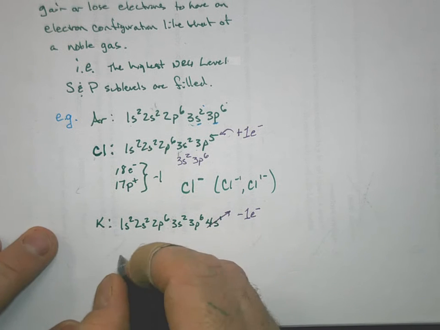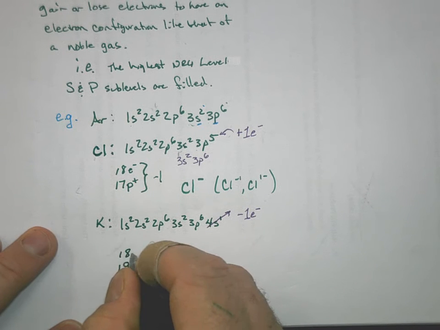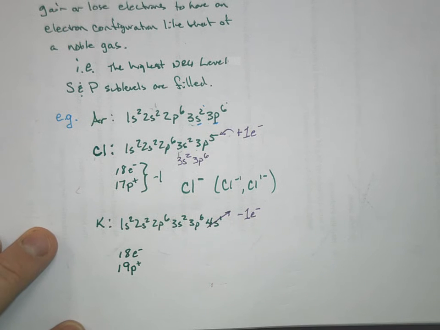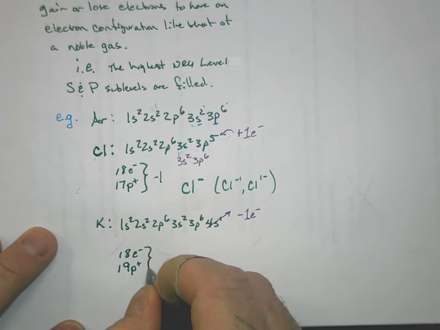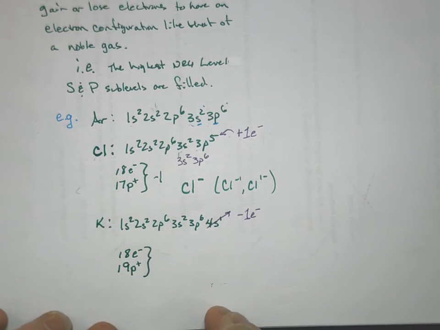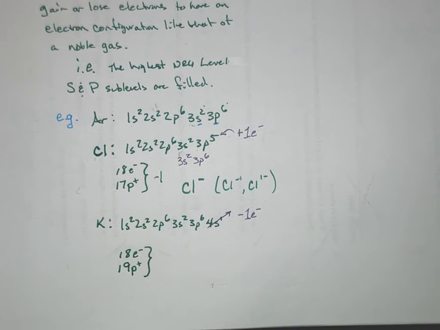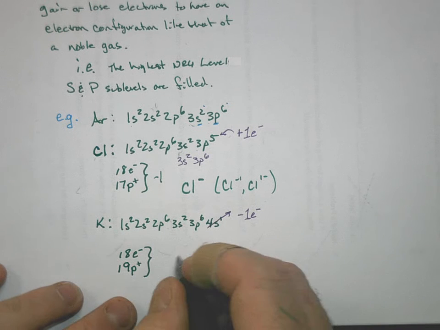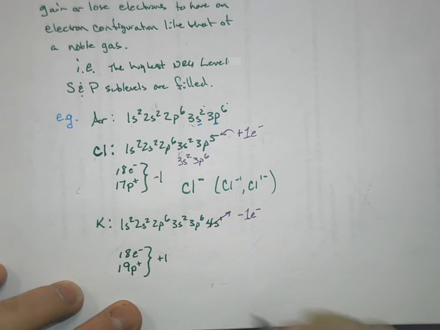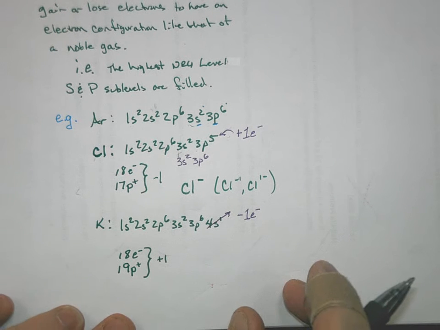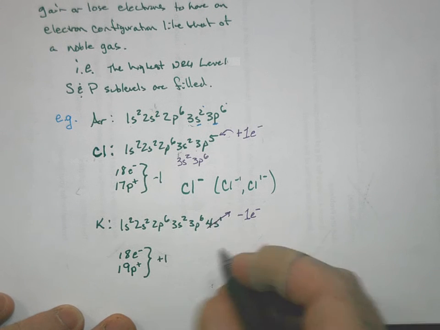It now only has 18 electrons. Okay, and we have this. We have an excess now of which one? We have an excess of protons, right? We have more protons than electrons, and that gives us a +1 charge. Okay, and because it's a +1, we would write